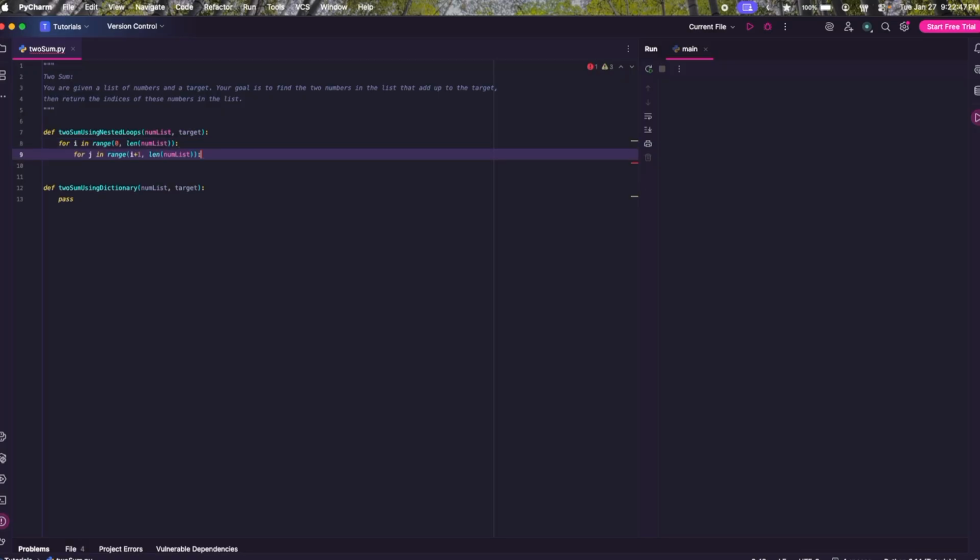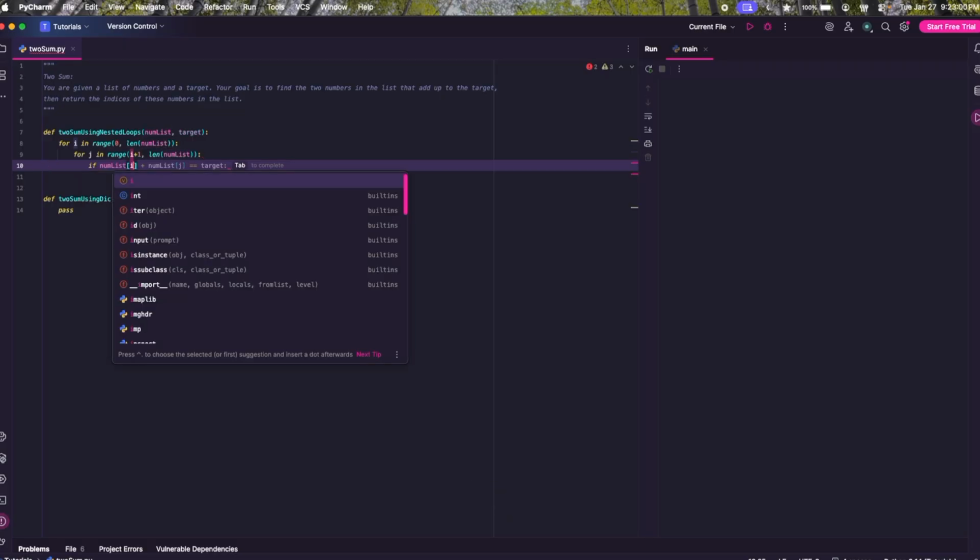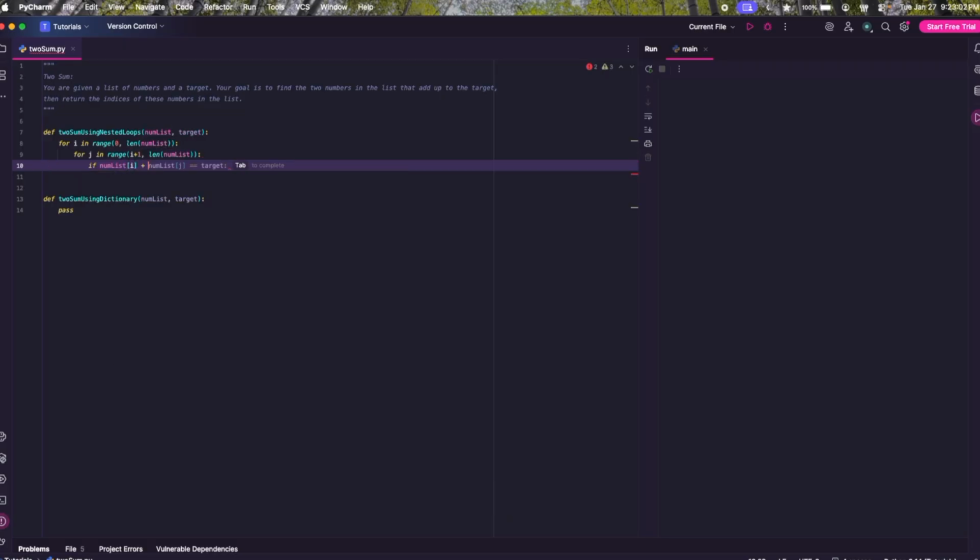Then for j in range i plus 1 to the length of num list. Now, if num list of i plus num list of j is equal to the target,